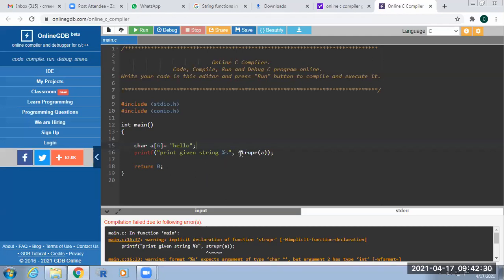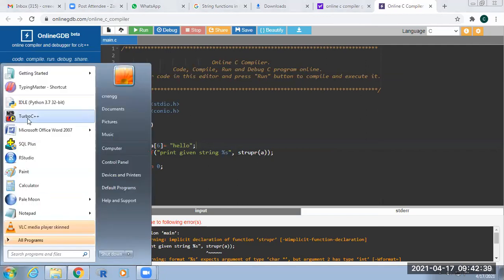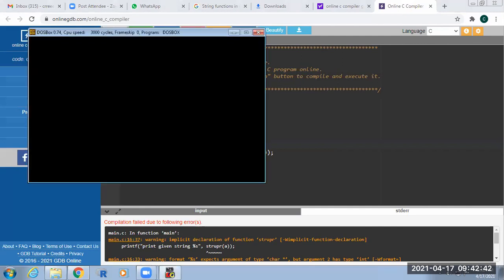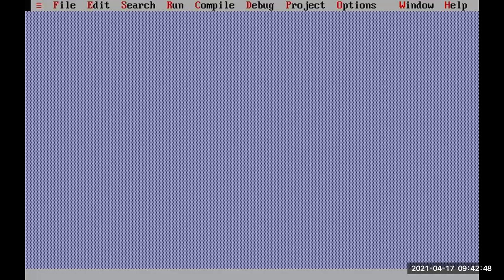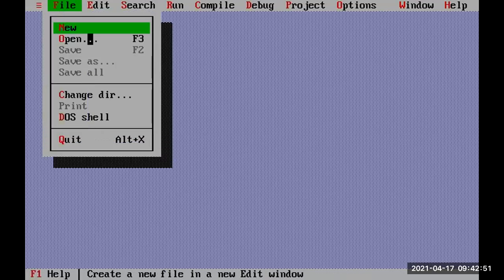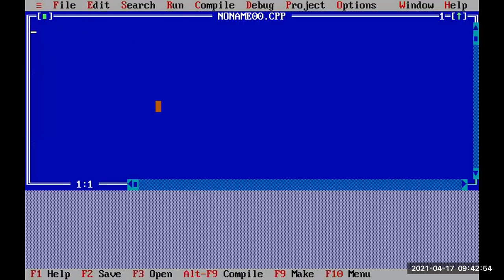Actually, these are the commands we can use to represent the uppercase of hello, but this program is not supported in this compiler. In any C compiler it works, so let me show it here.